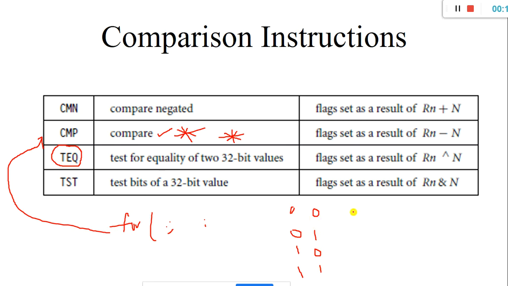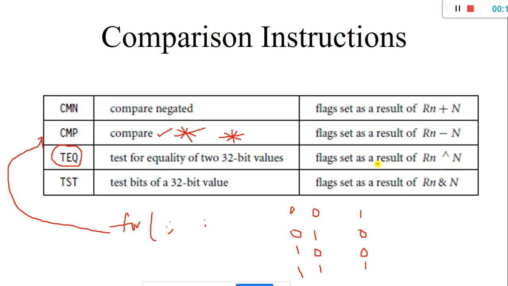If I perform the XOR operation, then the output is 1 if any one of the inputs is different, and the output is going to be logic 0 if both the inputs are 1, then once again it is 0. So hence the XOR gate is also called an equality detector, wherein we check whether the two inputs are equal or not. That's what we are trying to check using the XOR operation.